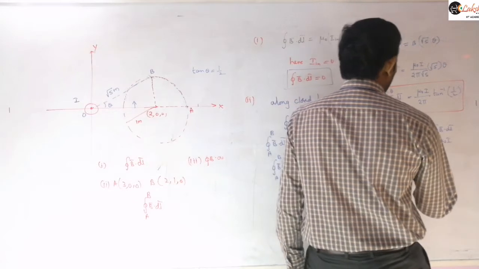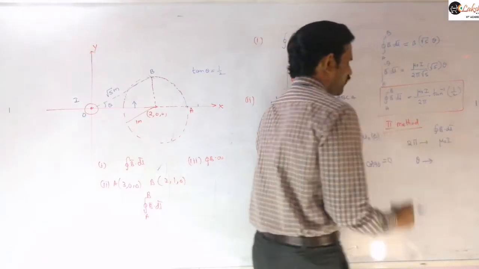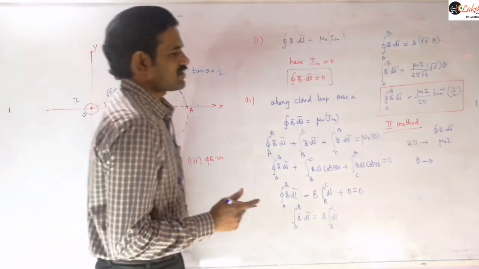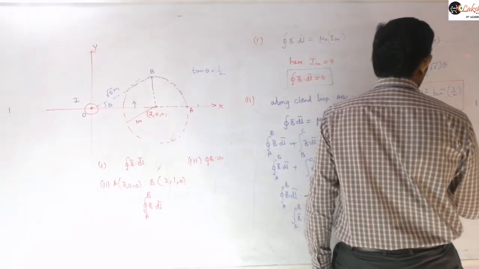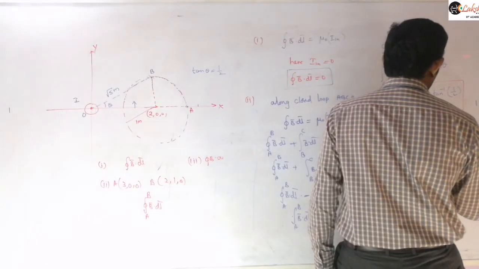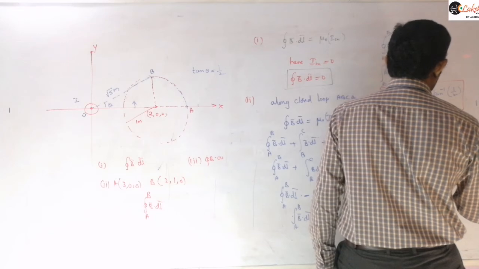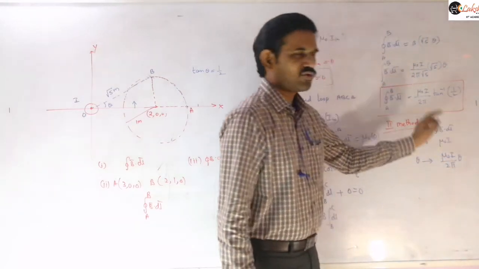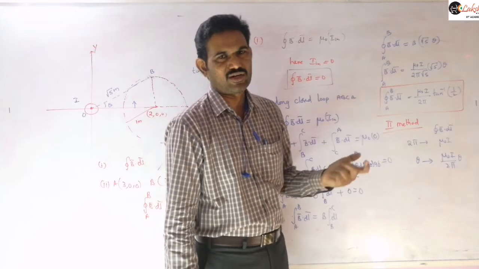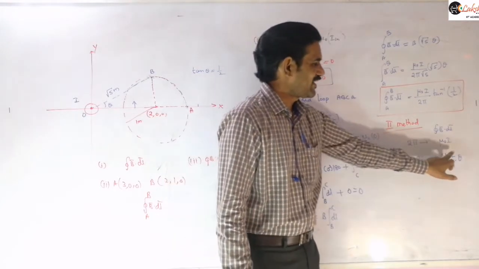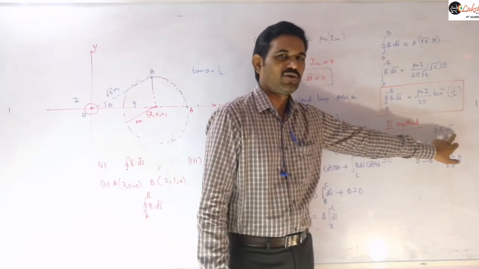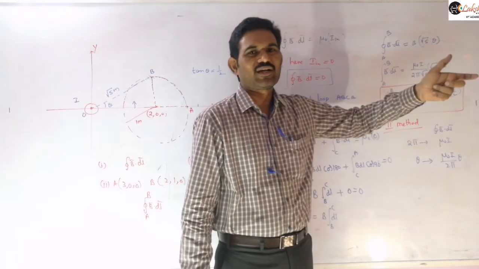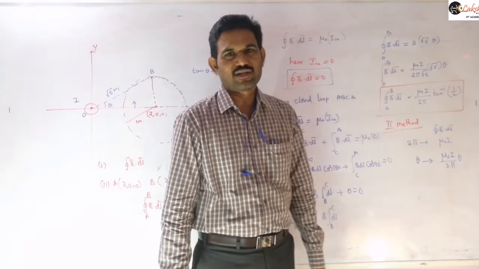Now for this theta, how much do we need to write here? If you are taking a small part which subtends an angle theta, how much will it be? What I can write here is mu naught I by 2 pi into theta. So mu naught I by 2 pi indicates the value for 1 radian. Then we need it for an angle theta, so that theta value you can write easily.